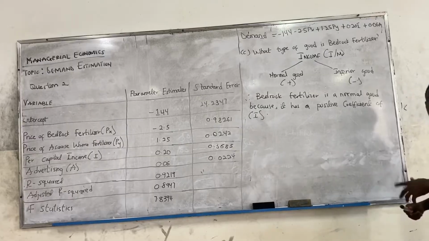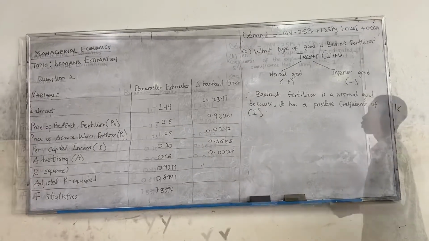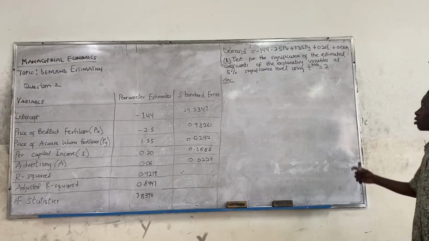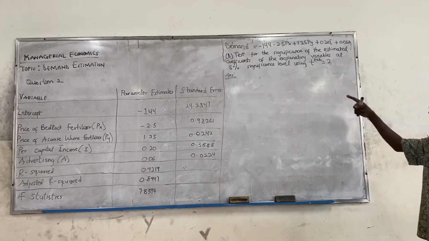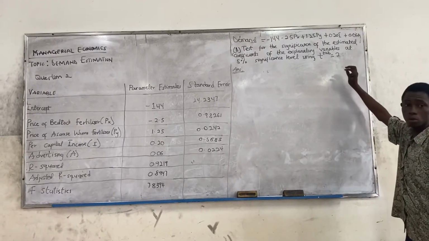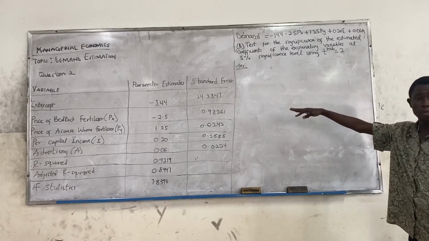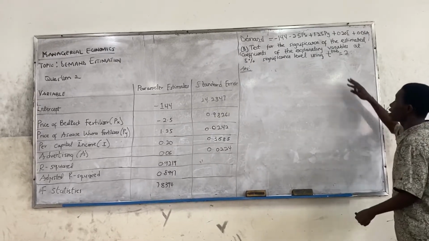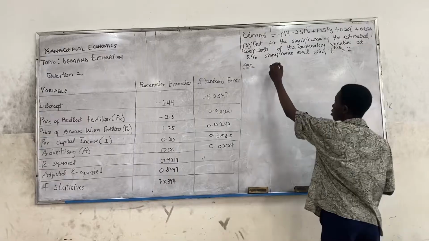So we are moving on to the next question, which is the D part. In question D, test for the significance of the estimated coefficient of the explanatory variable at 5% significance level using theta equals 2. So with this, we are not going to use the 5% to calculate the theta. We are already given the theta. So testing for